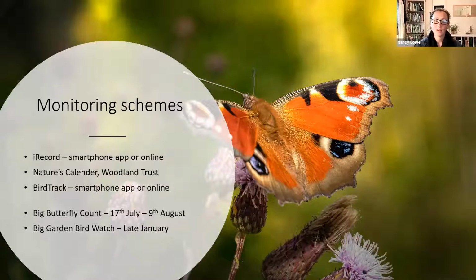A really great one that is being used by wildlife professionals in Shropshire to monitor the wildlife here is iRecord, which you can get as a smartphone app, or you can do it online. It is for recording all different types of wildlife and plants. So you can pick your favourite category, perhaps butterflies or beetles, and record that on